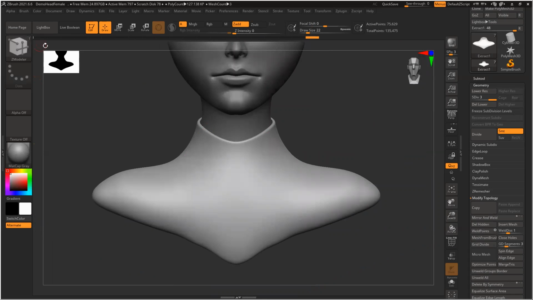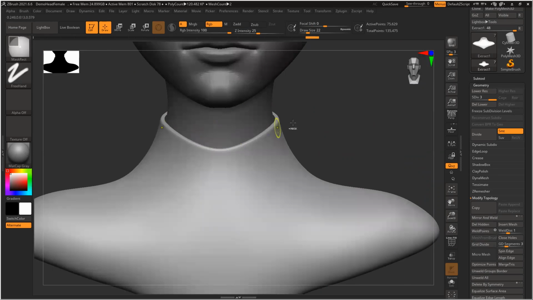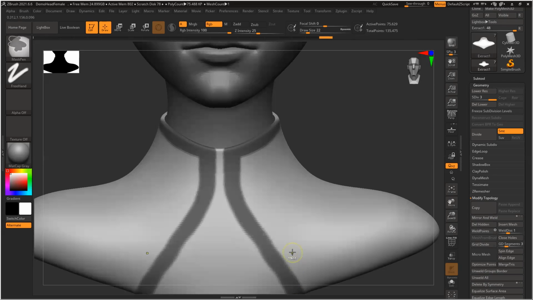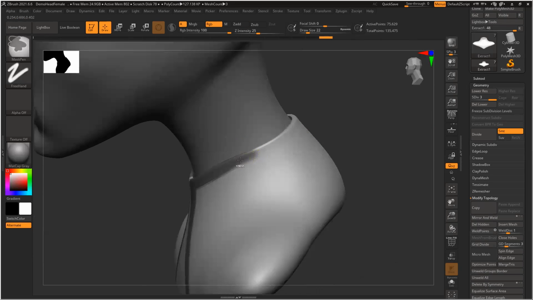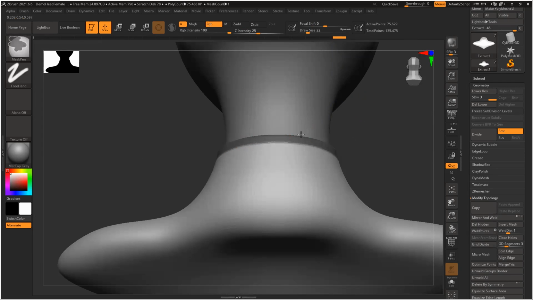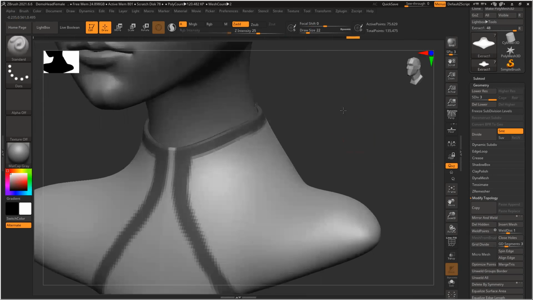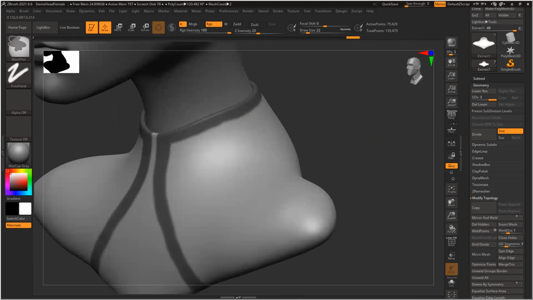So what I'll do is I'll use the standard brush, or I'll use mask, a mask only. Control Z. Try to keep the mask as clean as possible.